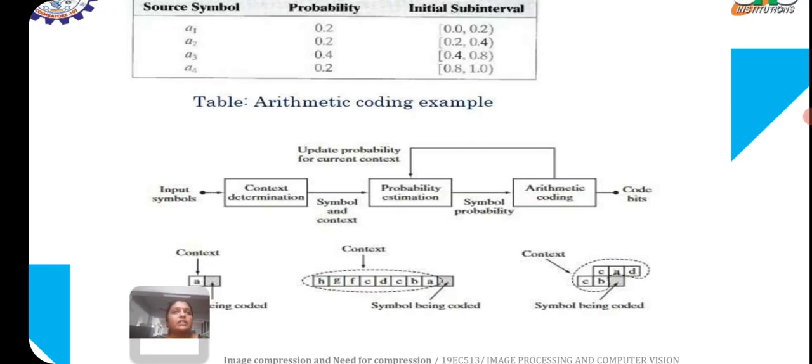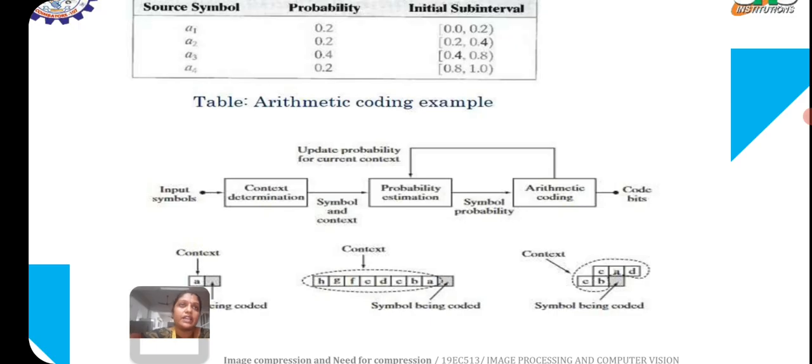So for symbol I the probability is 0.4 and the cumulative range is 0 to 0.4, and for N the probability is 0.2 and the cumulative range is 0.4 to 0.6, and for D it is 0.2 and the cumulative range is 0.6 to 0.8, and for A the probability is 0.2 and the cumulative range is 0.8 to 1.0. So the third step is we start with the initial interval 0 to 1